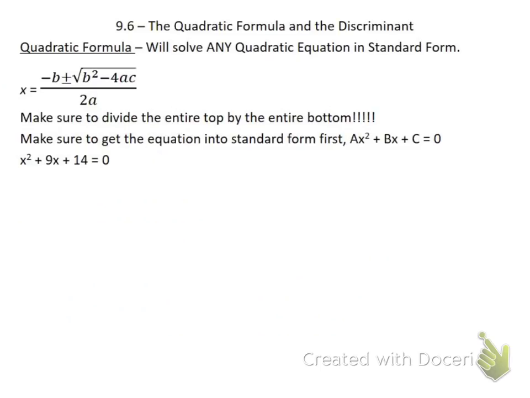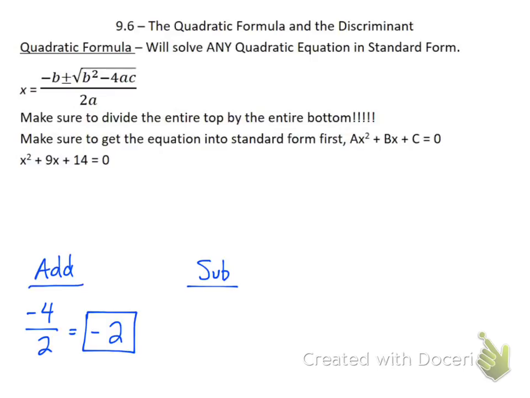So when we do this, again, in that first one, when we add it together, so we add it on the top, we got a -4 on the top, and then we got a 2 on the bottom, which gave us an answer of -2. And then we want to do the same exact thing. We want to do a subtract. So we want to subtract our top, and then divide it by the bottom, which is still 2. And so when we do that,